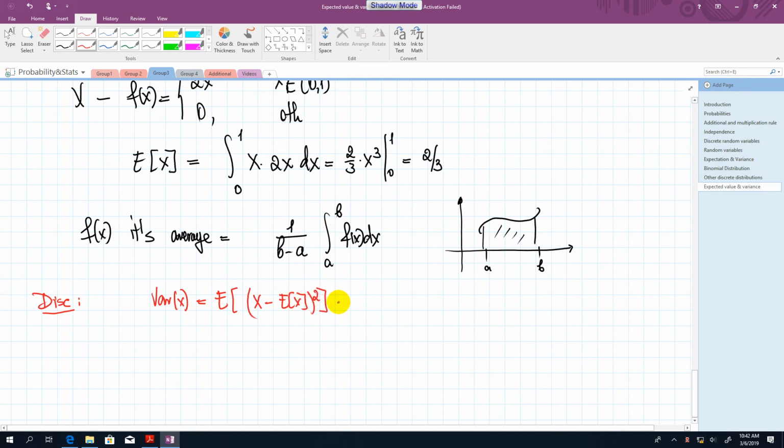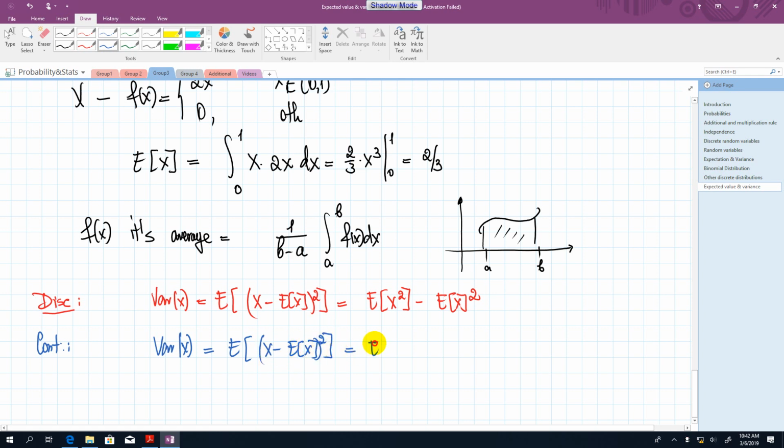Or we wrote this as the expectation of x squared minus the expected value of x, squared, right? In a continuous case, we have the same formulas. The variance of x is equal to the expected value of x minus E of x, squared, which is equal to the expected value of x squared